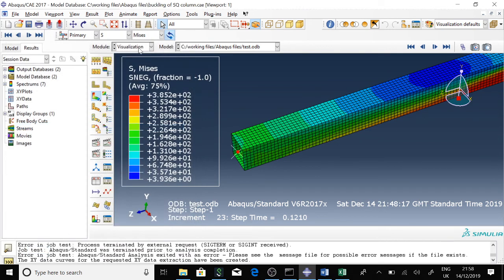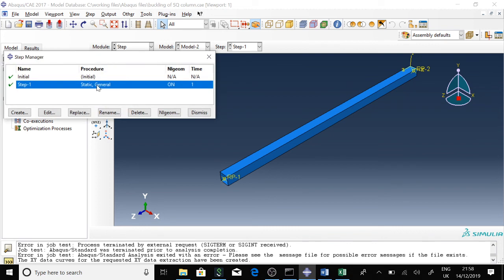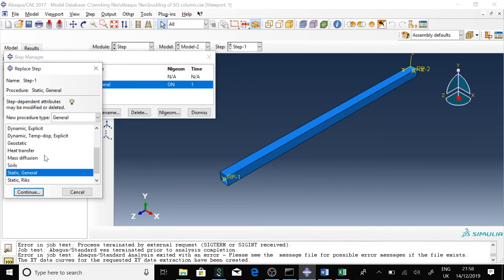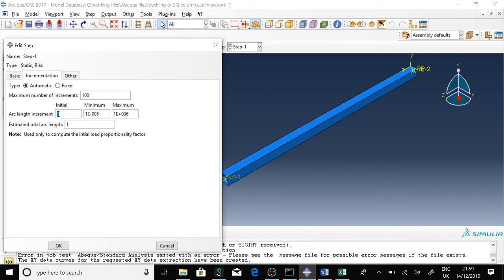The only thing you need to do is you go into step, you replace it by Riks method, and you set this on incrementation 0.01, and here you set 100, it should be enough, or 1000, and this is 0, and this is 15, and then you say okay,